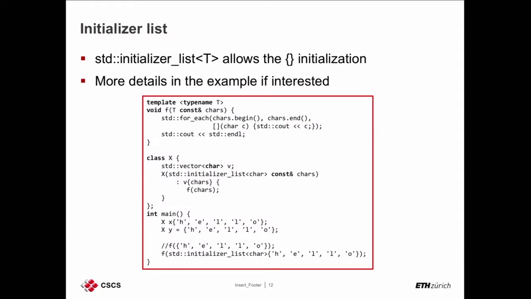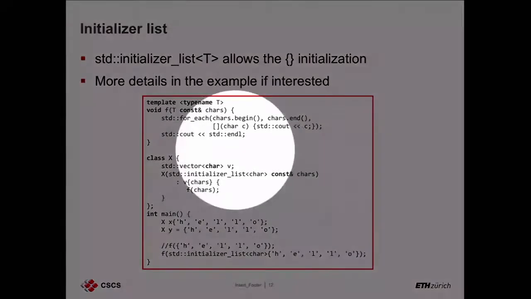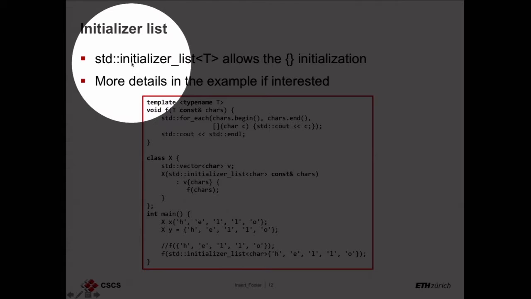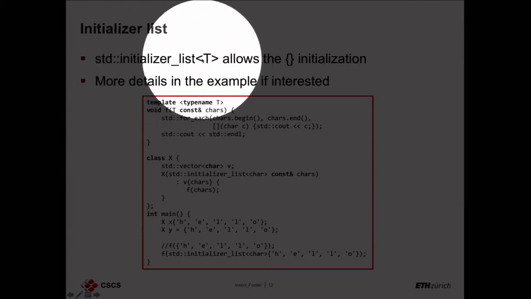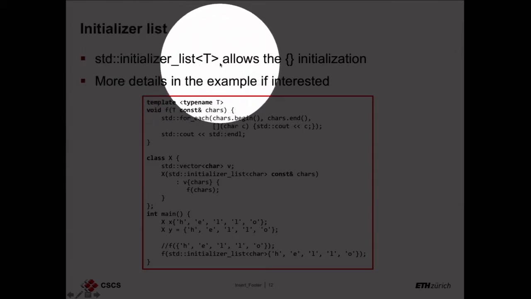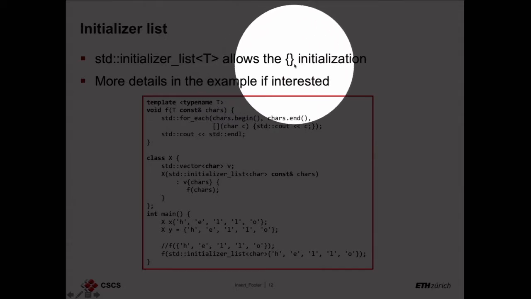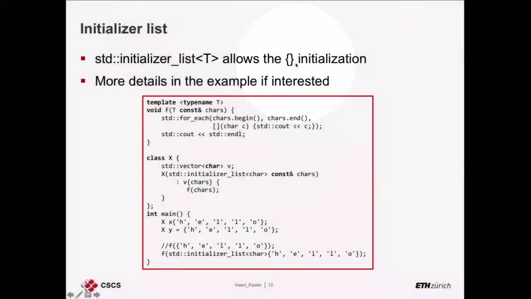But now we have seen the initializer. We've seen the struct initialization for aggregate. C++11 gives you another feature, which is the initializer list. So initializer list is a type. It's a std::initializer_list of type T with my integer or whatever. And then you can use the curly braces to